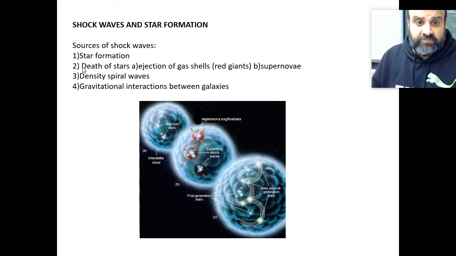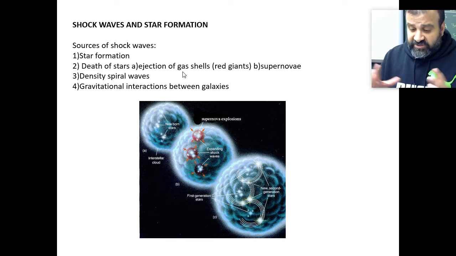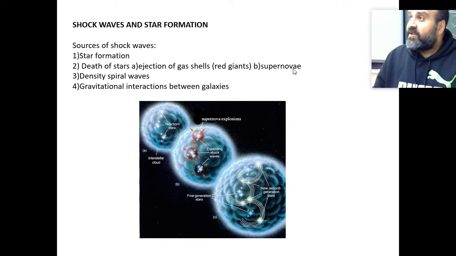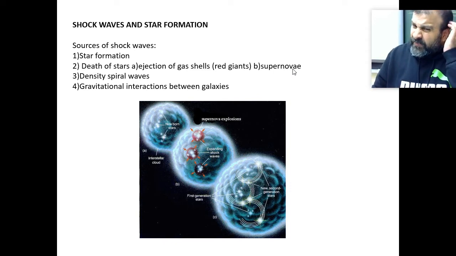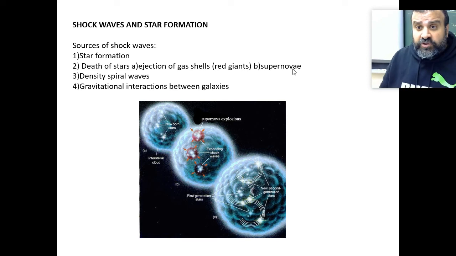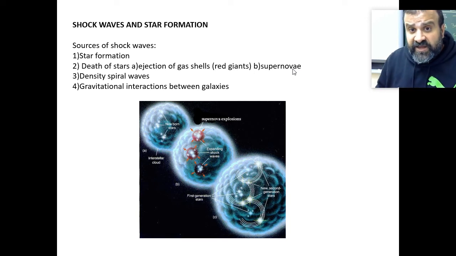When stars die, smaller stars eject shells of gas. That moving shell of gas could trigger collapse of other gas clouds. When larger stars die, they go supernova, or this is actually pronounced supernovae. It just doesn't feel right to me to say supernovae. I don't know why. I just like to say they go supernova. Supernovae, I think, is plural. But when a star goes supernova, that is a massive explosion. Shock waves will travel through space and disrupt gas clouds and possibly cause a gravitational collapse.